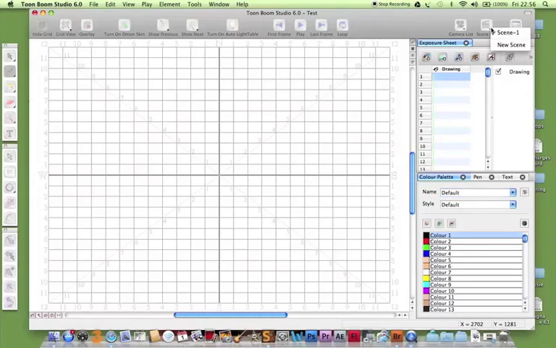You've got scene list here, you can add more scenes, so you can divide your production into various scenes. You've got camera list here, so we can add extra cameras if we wanted to have a double camera shot coming through of the same scene. So there's all the bits and pieces there. That's how it looks, and we'll be going on really